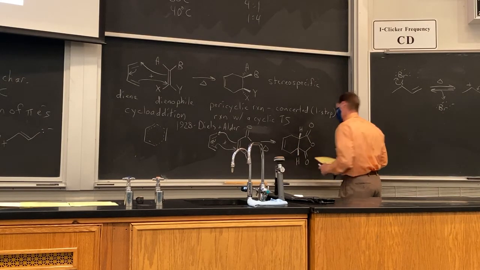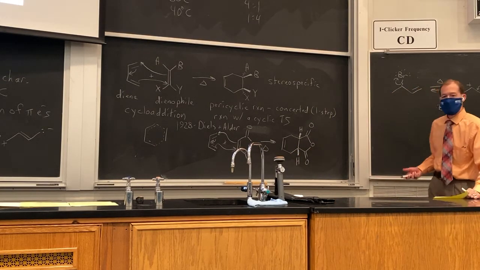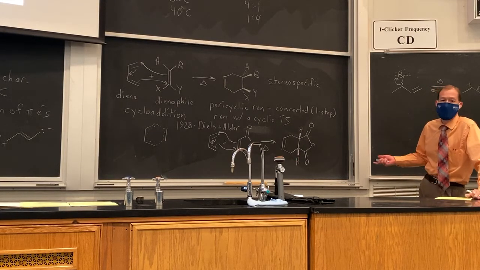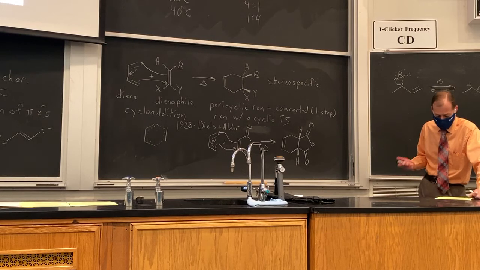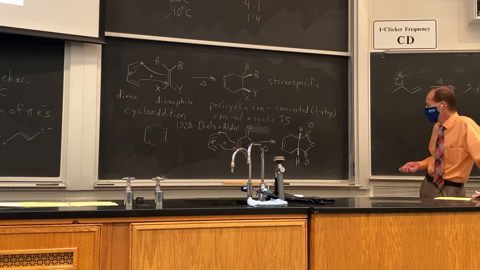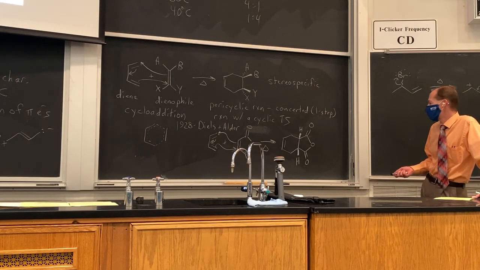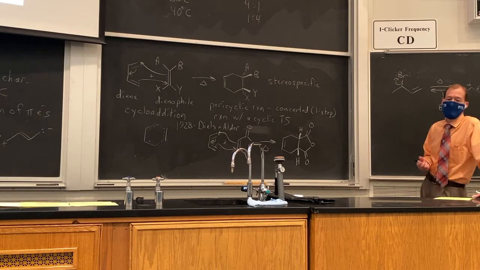So the product looked like this. You'll notice this is a meso compound. It has a plane of symmetry, so it's achiral, but these two hydrogens are cis to each other. Okay. Now, it turns out that other German chemists had very likely performed Diels-Alder reactions previous to 1928, but